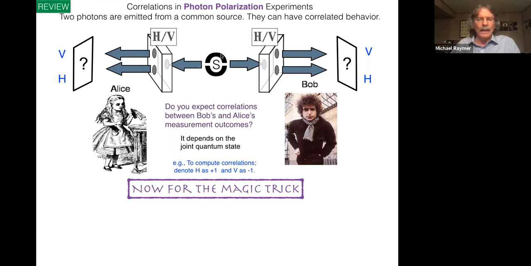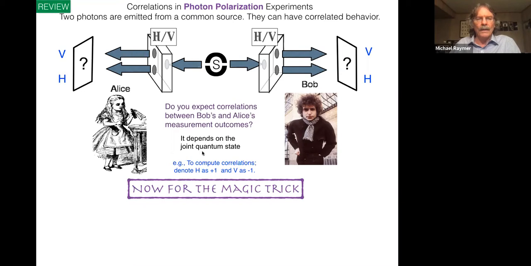But if the state is designed in a special way, which Henning can do, in order to make correlations between the state here and the state here, or I should really say that the global state of these two photons is in a correlated state, then there are correlations that are observed at the two detectors. So to compute these correlations, we'll denote,